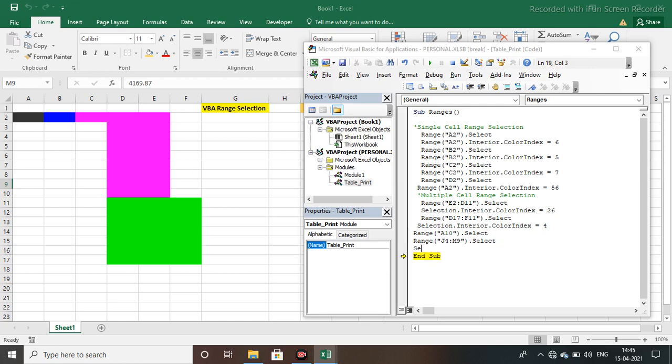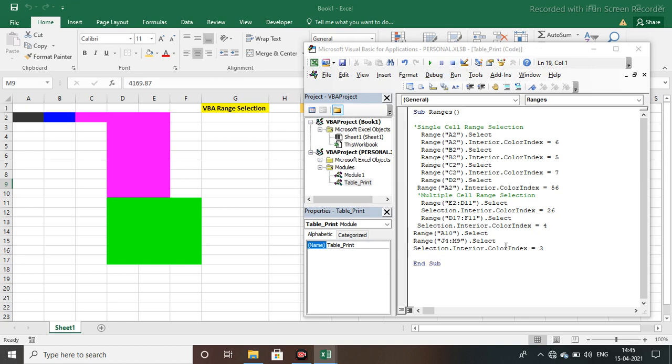Now for the selection color: Selection dot Interior dot ColorIndex will be 3, right? So now it has been 3.